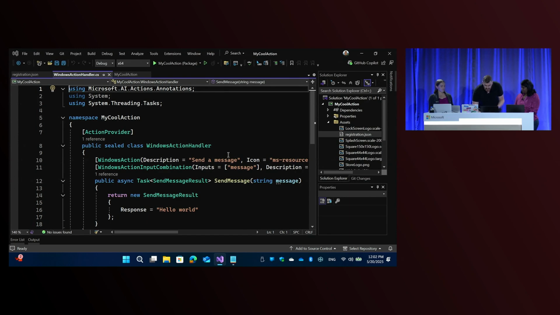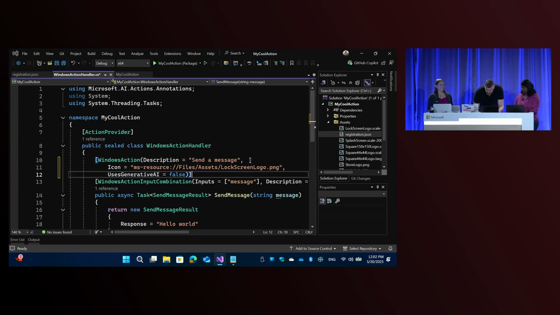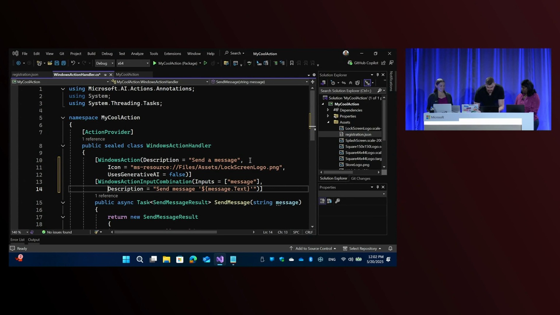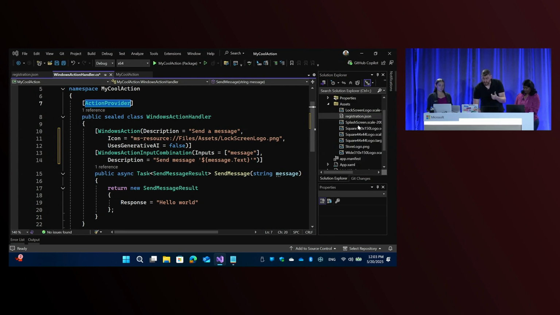So now let's go back to that, and I'm going to walk you through everything that was created for us. Let me just space things out a little bit more so we can actually see what we're reading, and move this down as well. OK. So this is just a C# class that is annotated with this action provider annotation. And this makes it generate that registration.json and also generates the registration on the COM server itself. So when we added that Windows action, we also added a connection to the manifest on our Apex manifest. And it's actually linking directly to this file based on the fully qualified name of the class.